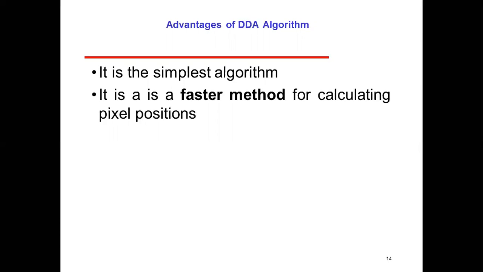If we are getting a positive value, then y is equal to y plus 1, and if we are getting a negative value, then x is equal to x plus 1, and again change the new value of e, which is e plus delta y over delta x, and so on. And the initial value of e is equal to delta y over delta x minus 0.5. That was the initial value.